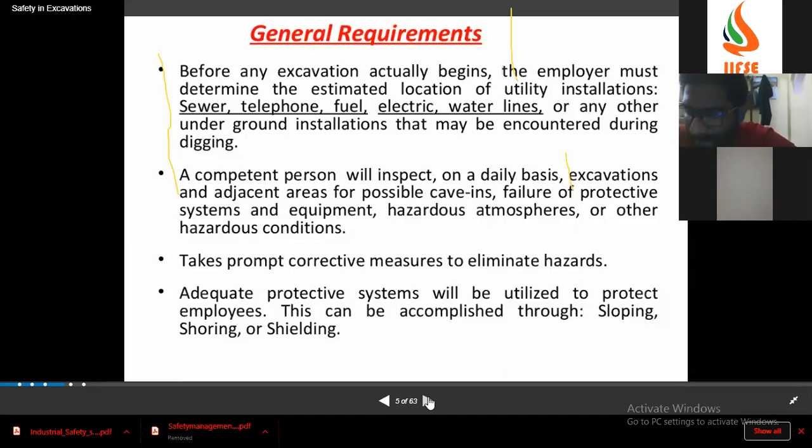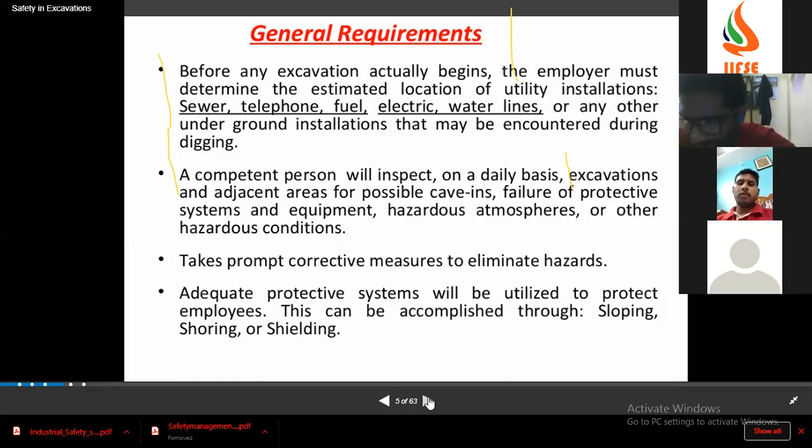For example, a basic example: if you want to drill a hole on a wall in an industry or a factory, you will first ask whether there are any power lines running inside the wall. That is a basic thing one should ask. We will do an electrical survey, an underground survey. Yes, an underground survey should be done, and the yard layout should be asked for from the government.